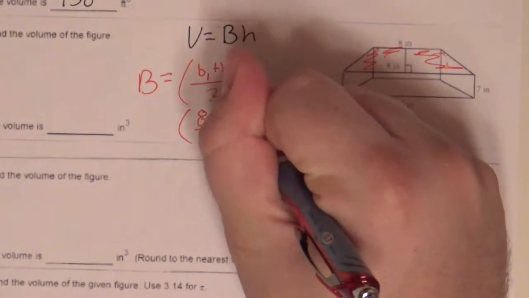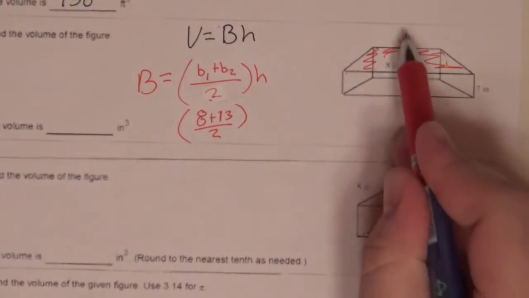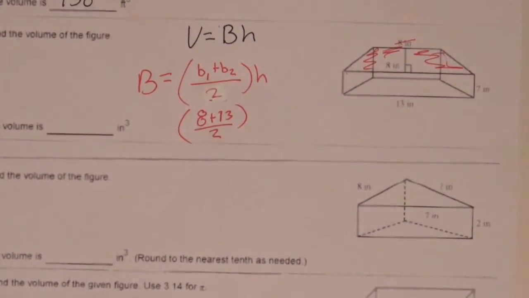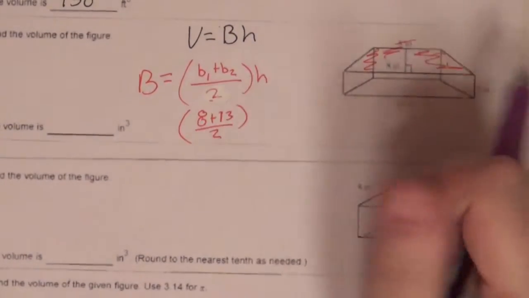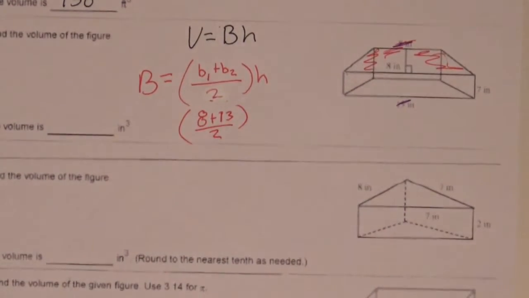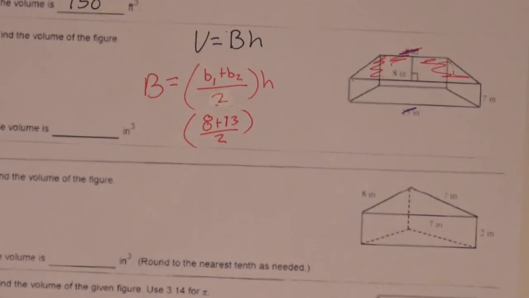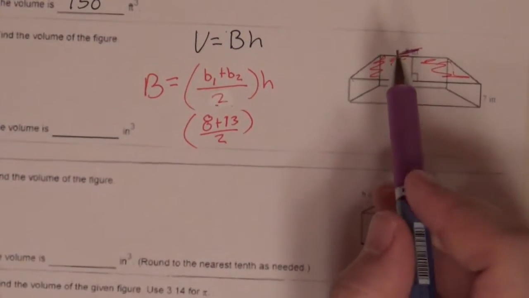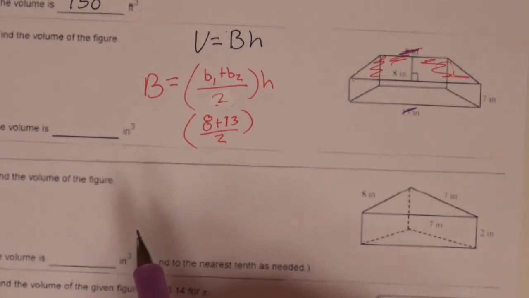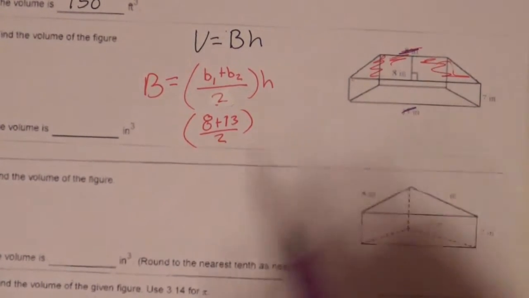divided by 2. Now, we're done with these two numbers, so we can scratch them out, and I'm going to do that with a different pen just so we can see it. The reason I'm scratching them out is that when we do these problems, we don't always use the same numbers, and if you don't scratch them out, you may use the same number twice by accident. So you already know what your two bases are.